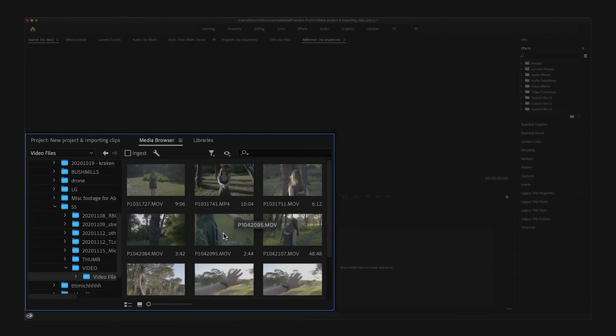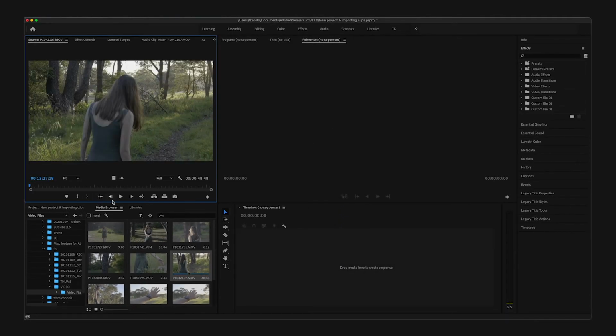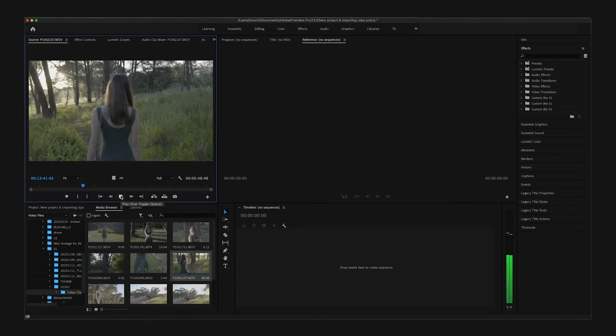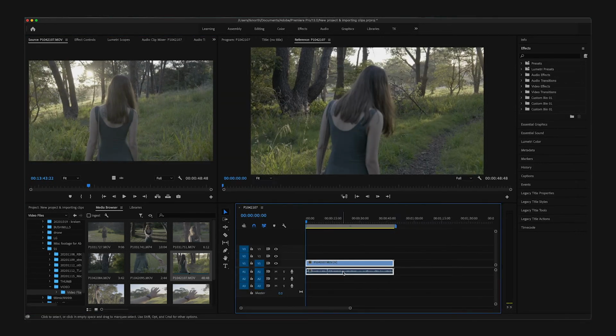If you click on an individual clip, you should see this small playhead that will also let you scroll through your clips. If you want to check your clips in a little bit more detail, simply double click on any of your clips and it will open up a larger preview above here in the source monitor. When you're happy, you can simply select import or drag any of your clips to the timeline to start working